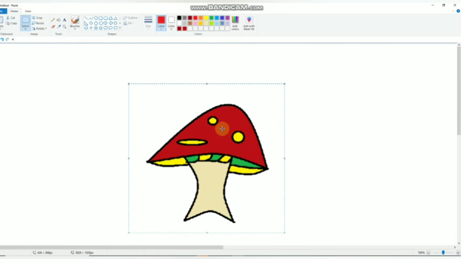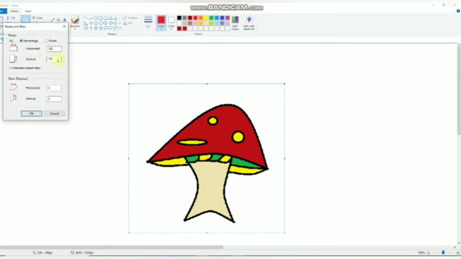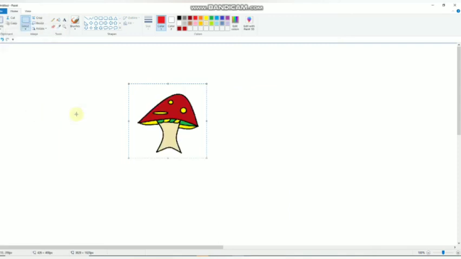It is 200% of the original size. Then again I want the original size, so I write here 50%. See the changes.